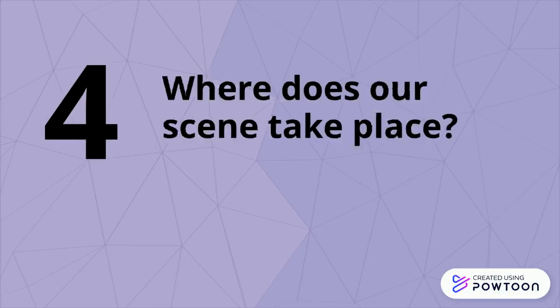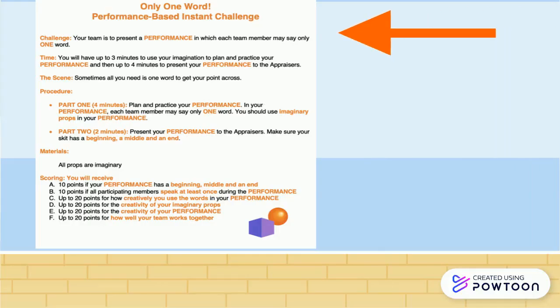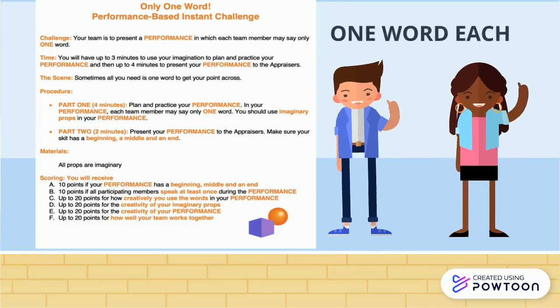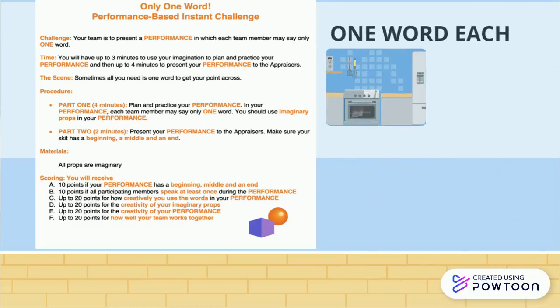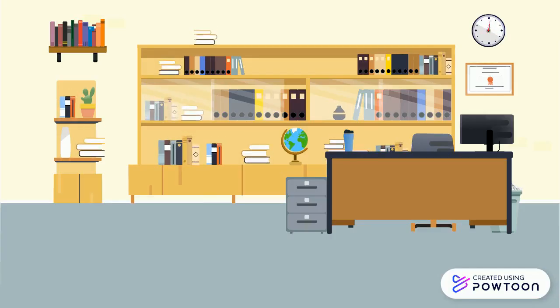You need to establish where your scene is taking place so that when the time starts, everybody knows exactly what to do. In this challenge, your setting might not be given to you, but you do know that each of your characters can only say one word, so it's important to find a setting where that makes sense. The first thing that jumps to mind when you think of a place where you can't talk very much is